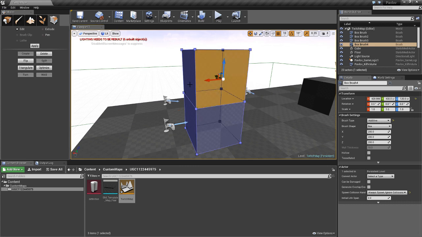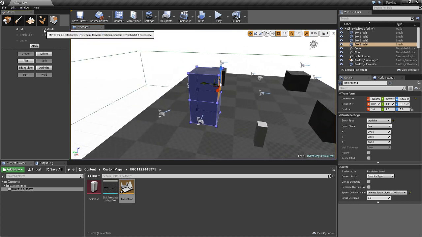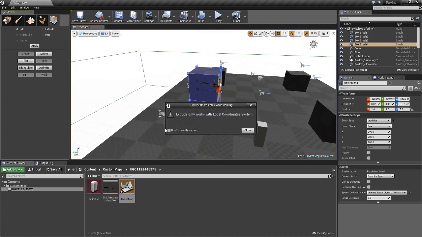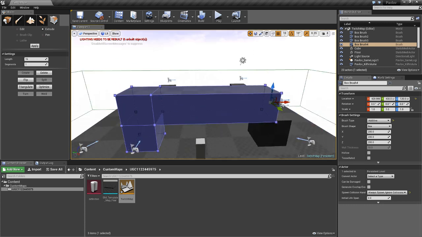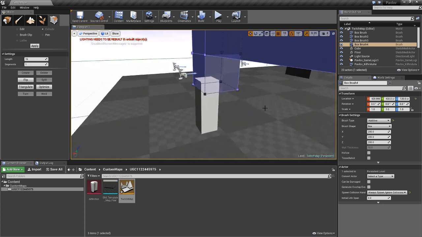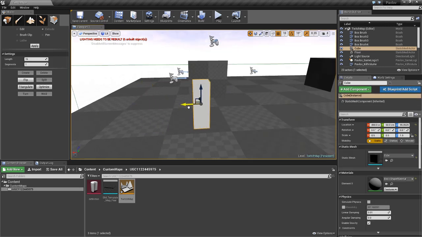There we go. And then we can select this face. Extrude it. Don't show this again. There. Look, we have a doorway. Wow, that's so cool. Now you don't want to make the doorway too small for your character to go under,